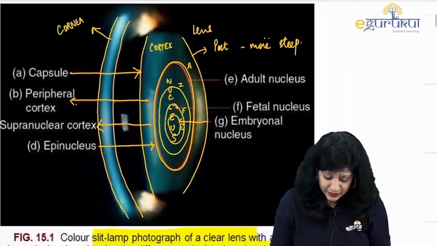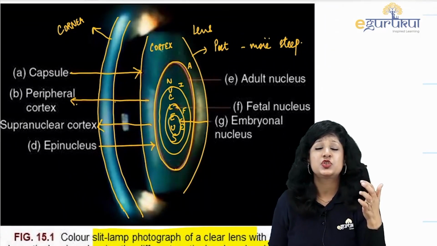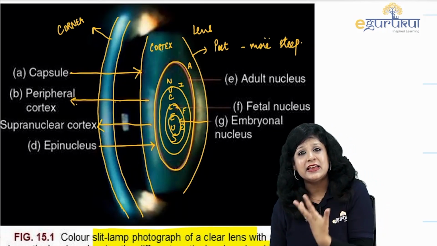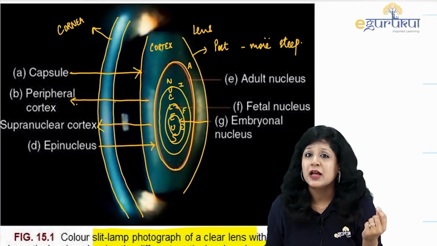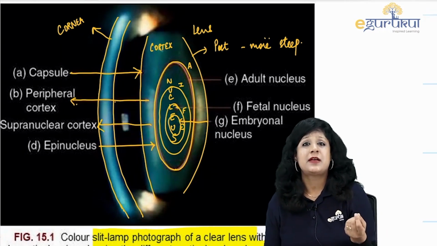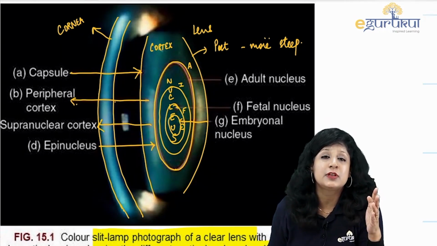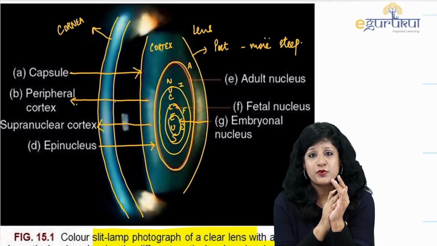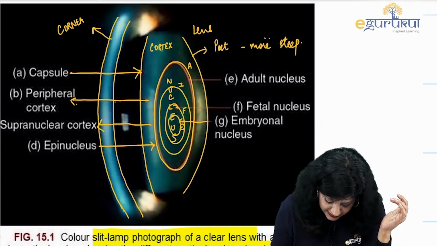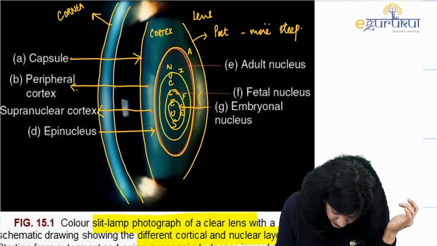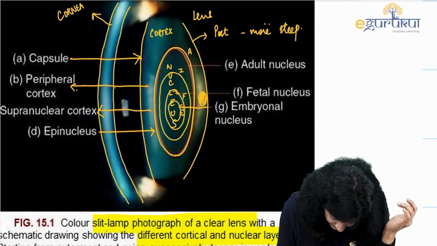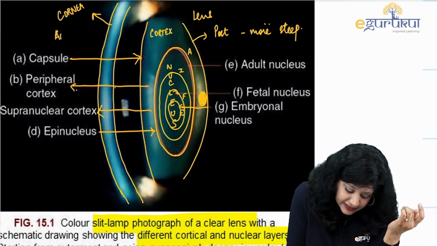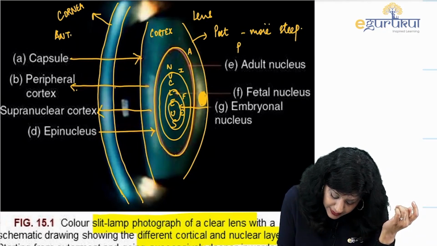So very easily you can understand the slit lamp examination, and this will help you a lot in solving the clinical questions which can come related to the lens, because slit lamp examination is the simplest examination when it comes to ophthalmology, and it's very, very simple. Just you have to see from which area you have the cornea. Now suppose, let me give you an example. Suppose they have said that there is an opacification here. Okay, then how will you approach this? So this is my anterior side, and this is my posterior side.